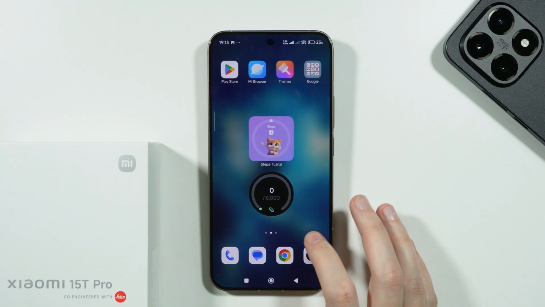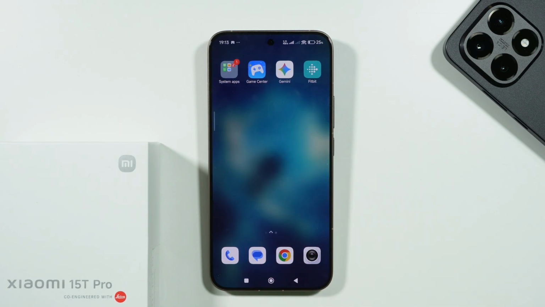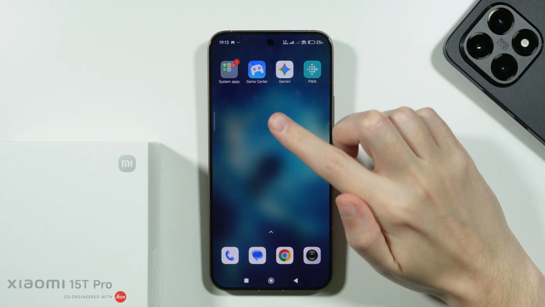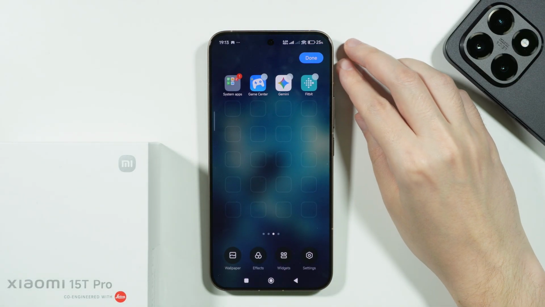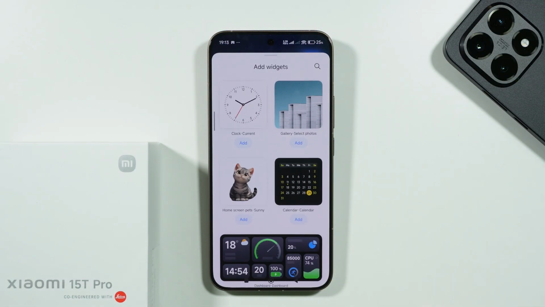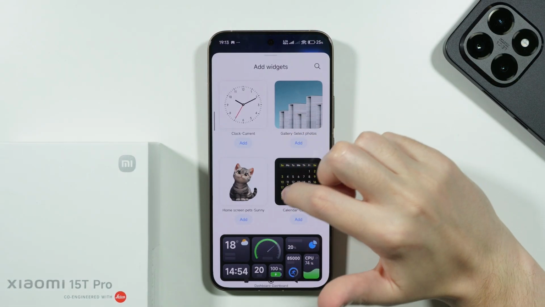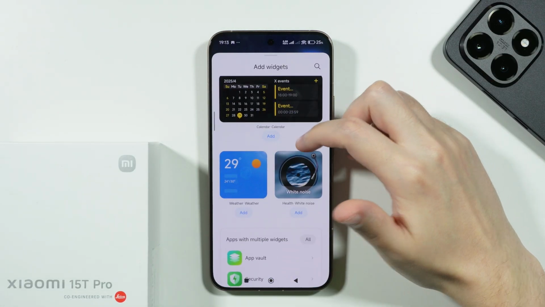If you want to add widgets to the home screen on a Xiaomi 15T and 15T Pro, what you can do is press and hold your finger on an empty space in the home screen for like a second or so in order to go into this editing mode, and then we can go to widgets over here at the bottom of the screen. Now first we will see a bunch of different widgets that are provided by Xiaomi,